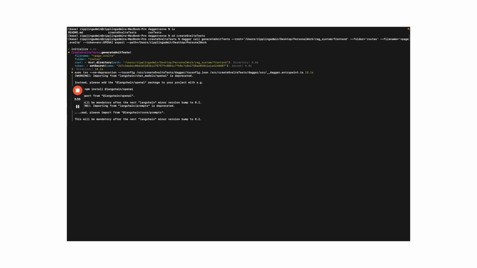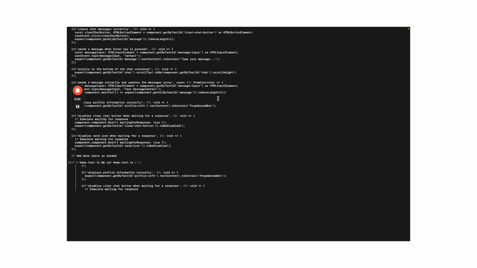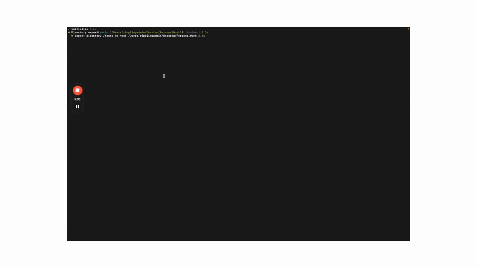the imports are correct, because everything in Dagger is a container, right? It's running in a container, so I can pass down the structure of the entire project. I pass that down to the AI so it has context regarding the structure of the project it's writing tests for, to ensure the imports are correctly referenced. I'm then going to export the output from the container onto my local host, and then I'll have